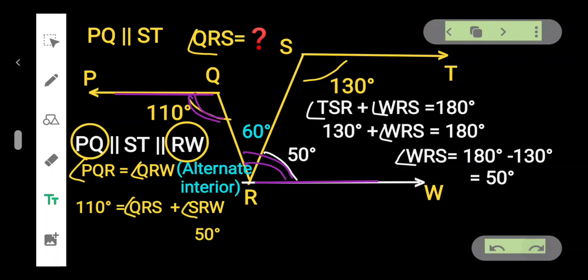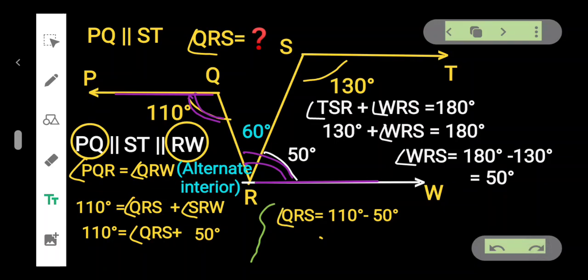It means SRW we already found as 50 degrees. 110 is equal to QRS plus 50 degrees. Therefore, QRS must be equal to 110 minus 50 degrees, or we will get 60 degrees as our final answer for QRS. It's very simple, but again,